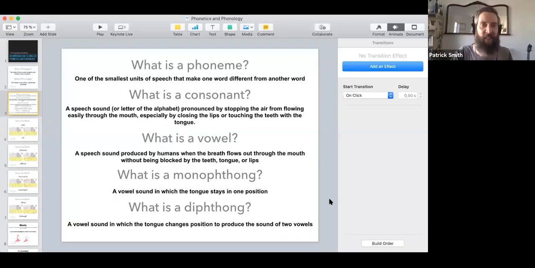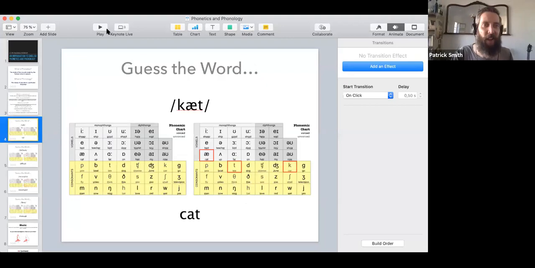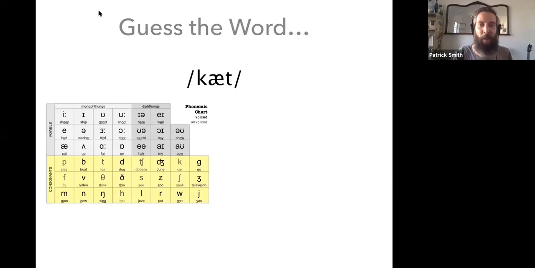Now, I wanted to just continue a little bit with this one. Let me try to share my screen with you guys again. We'll go back to our slides. Wonderful. So let's go here. Well, you probably got this one if you were paying attention. Let's have a look. So I want you guys to guess the word. Okay,